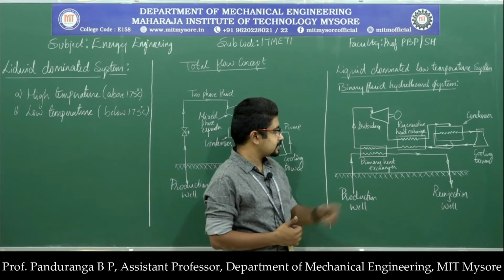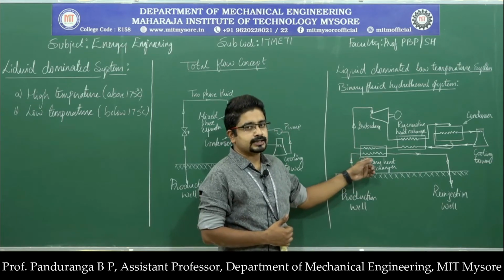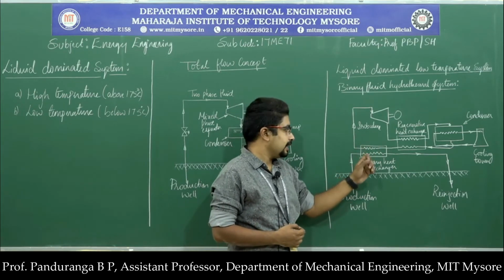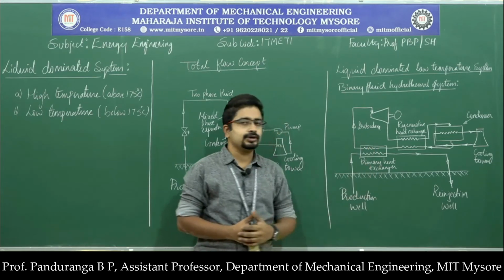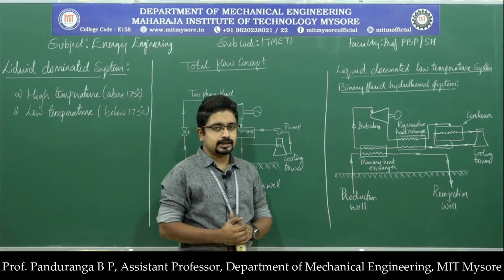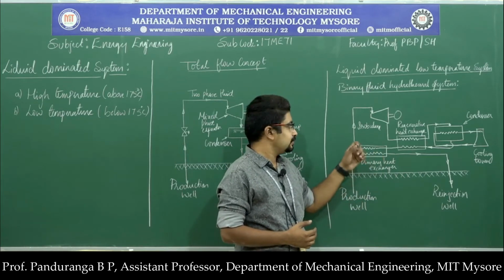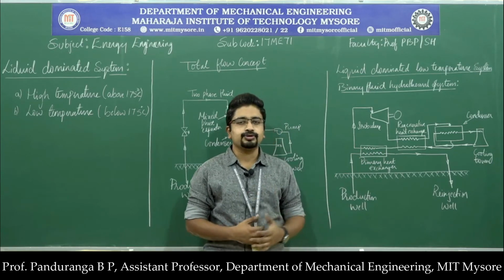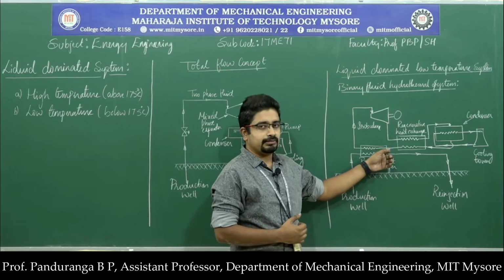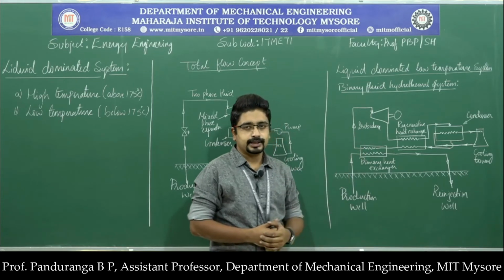So what we do here is we use the water coming out of the geothermal source as a heat source for the isobutane, and that heat will be transferred to the isobutane in the primary heat exchanger. So in the primary heat exchanger, the hot water coming out of the production well will transfer its thermal energy to isobutane, and the isobutane gets converted into vapor. So the saturated isobutane enters the primary heat exchanger, and vapor isobutane comes out of the primary heat exchanger.